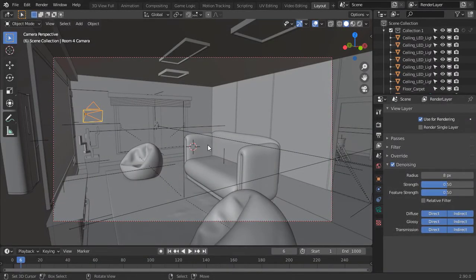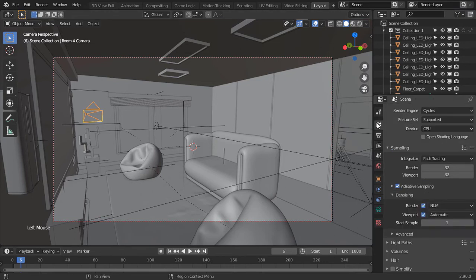We earlier mentioned that the OpenImage denoiser is not new for Blender. An earlier version of Blender had this denoiser for the compositor. The new Blender also has this denoiser for the compositor. Doing the denoising process using the compositor is more effective in different ways. Let's see how to set up the denoiser in the compositor.